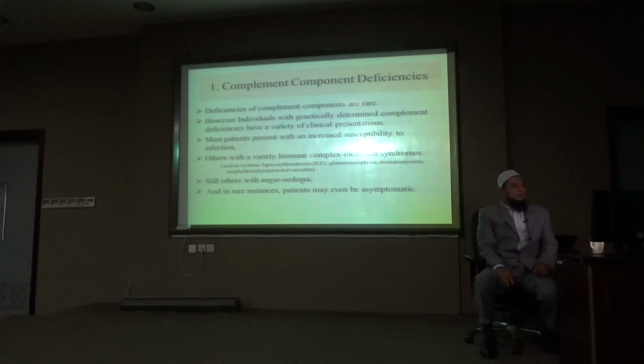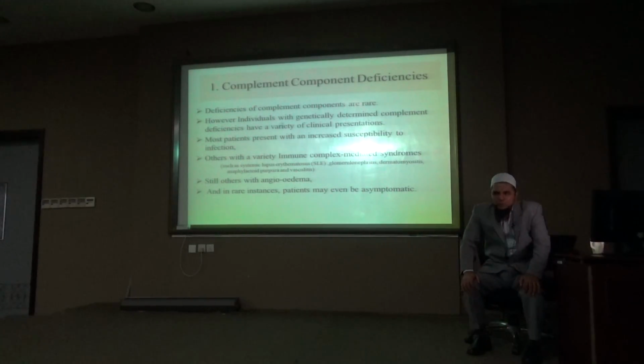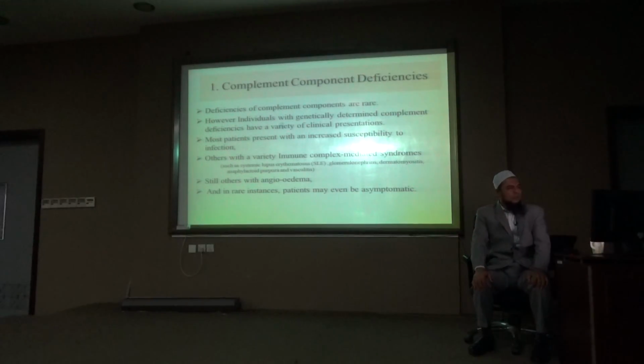Now, what are the complement component deficiencies? Deficiencies of the complement system are rare, but whenever they occur, they lead to problems in the defense mechanism and increased susceptibility to